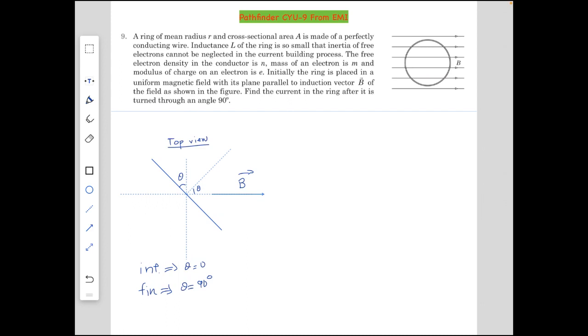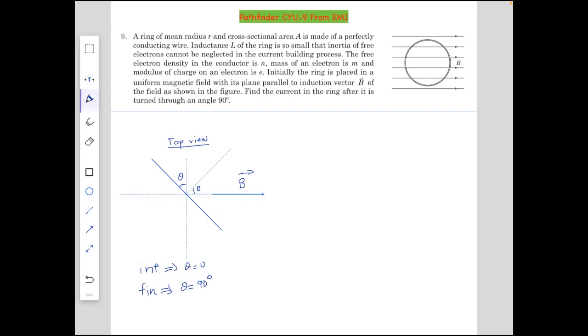So basically what is happening here is that due to the change in flux through the coil, an electric field is being generated through the coil, which is accelerating the electrons and which is facing some resistance due to the inductance of the coil. So what we can see from here is that, let's assume, I have assumed a top view of the coil, and when it makes an angle of 90 plus theta with the B vector.